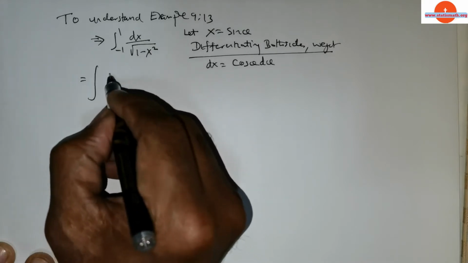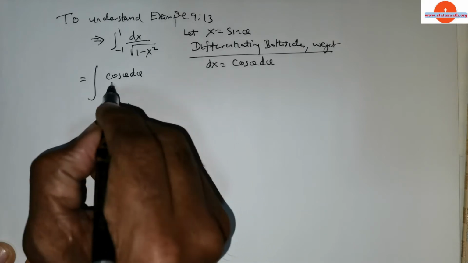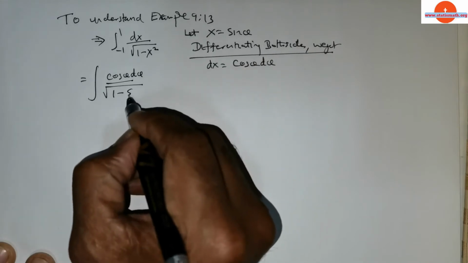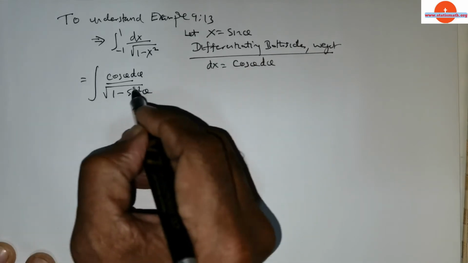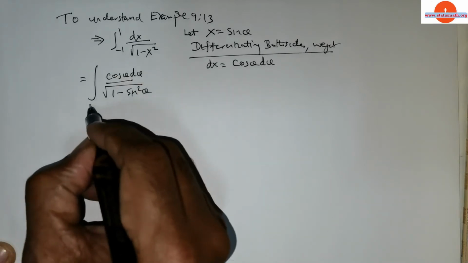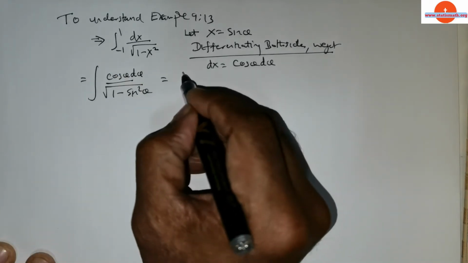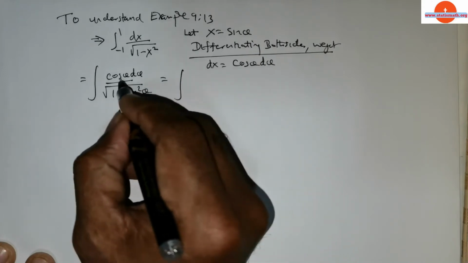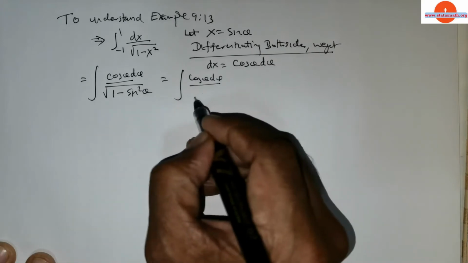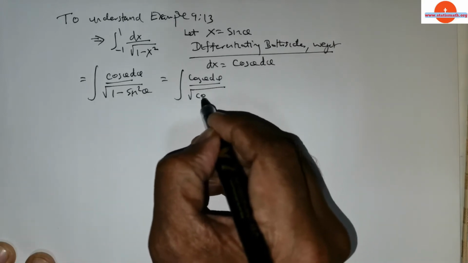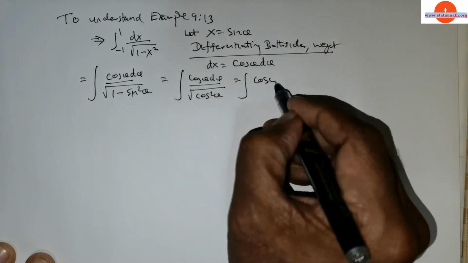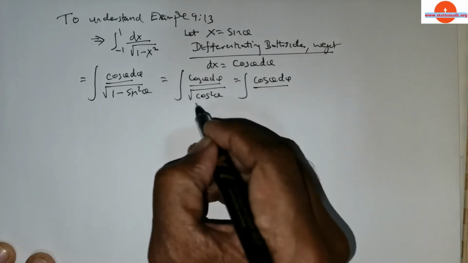So in the place of dx, I would be substituting cos theta d theta divided by root of 1 minus, in the place of x, it's going to be sine square theta. Of course, the limits are not changed, so let us do it at the end. Now this is going to be cos theta d theta divided by, now 1 minus sine square theta is cos square theta. So this is going to be integral cos theta d theta divided by root of cos square theta